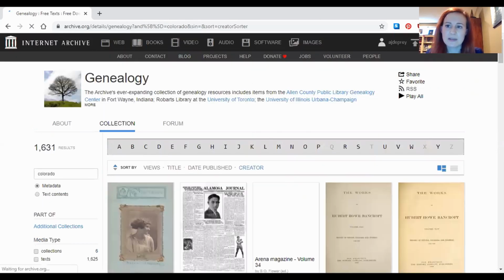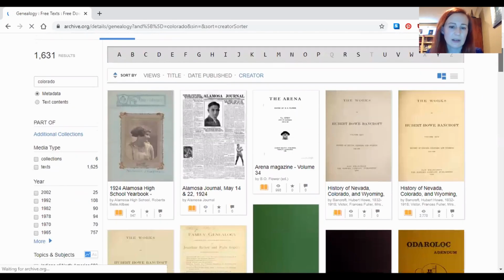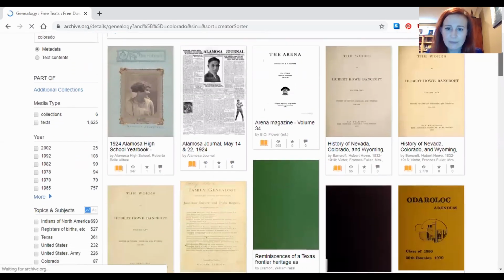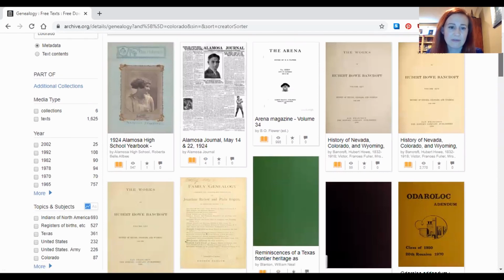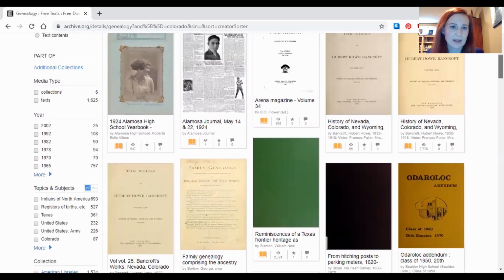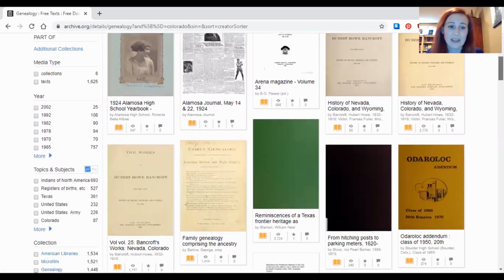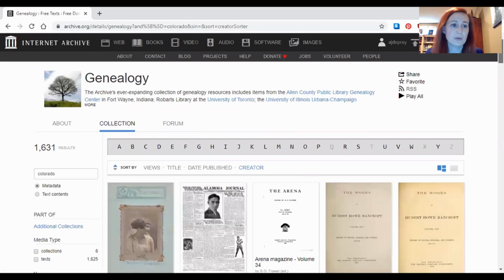So you'll be able to see that a little bit more clearly when I show this. So we have histories, we have very specific things. It looks like a journal, a newspaper, a yearbook. So these are specific to Colorado. Now, if I change it to text contains and hit enter,